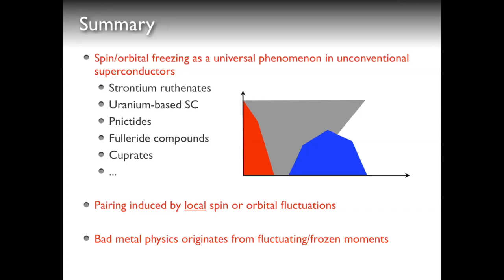And probably as you go very low in temperature, you see how the square root crosses over to linear. But still, the interesting thing about the spin freezing is that it's an effect which occurs at relatively high temperatures. And as you know, in materials, this linear T resistivity goes up to 1000 Kelvin. So it is also a phenomenon which shows up at very high temperatures. All right, so thank you very much, Philipp.